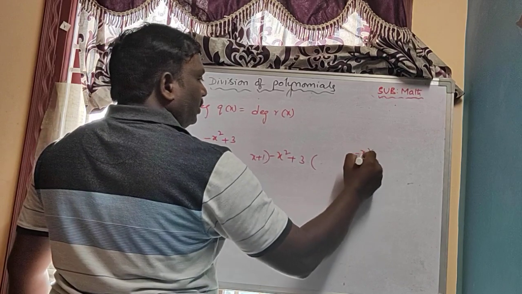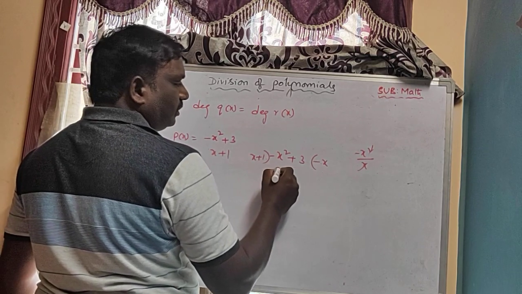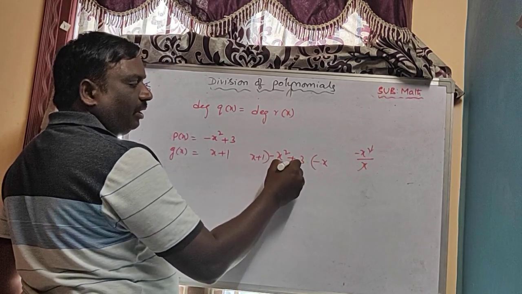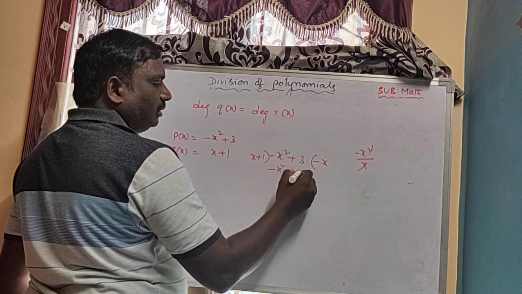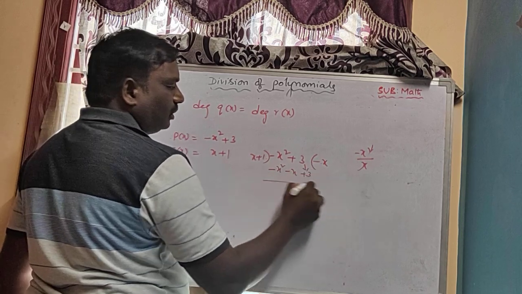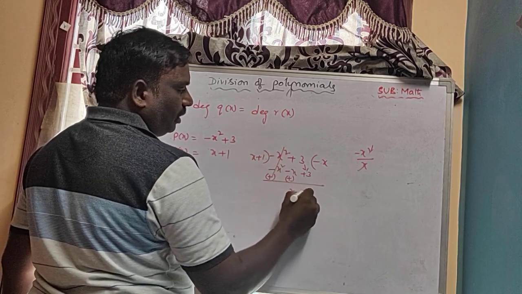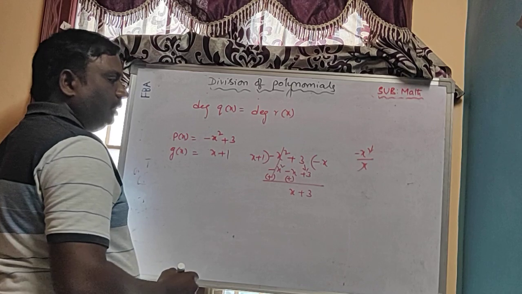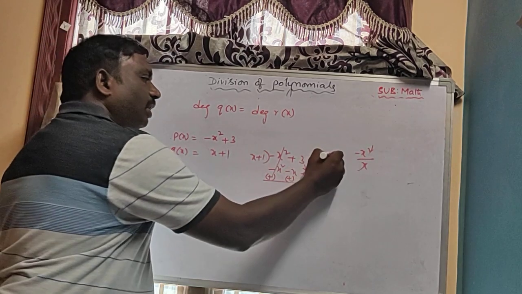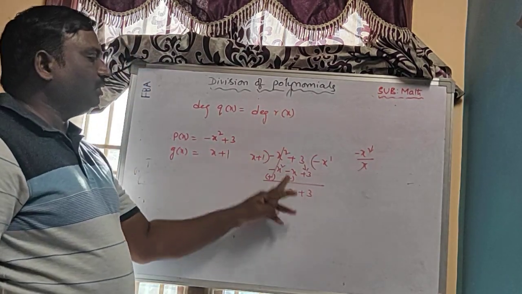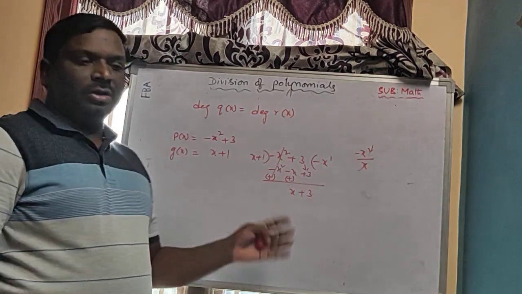Then x square minus x square by x, one time it will go, minus x. There is no x square term here, so leave the x term. So minus x square minus x plus 3, bring down here. So plus, so x plus 3, x plus 3. So degree of q of x. What is the q of x here? Minus x. What is the degree here? 1. And the degree of r of x is also 1. Degree of r of x is also 1. By taking these examples, we can do the fifth question also.